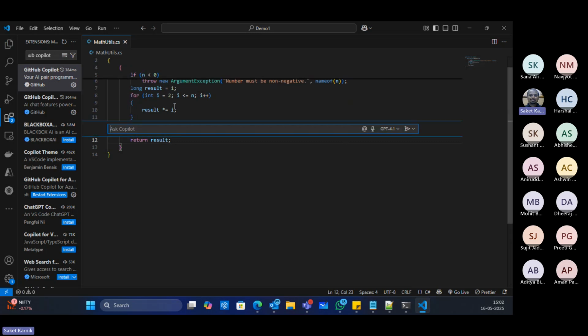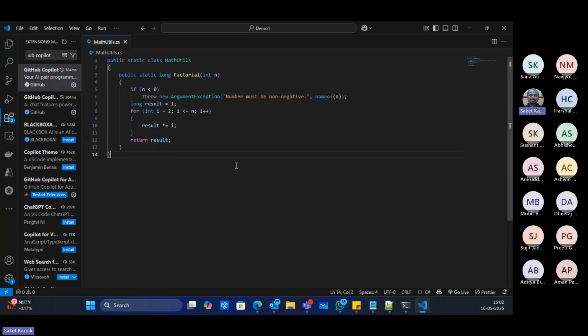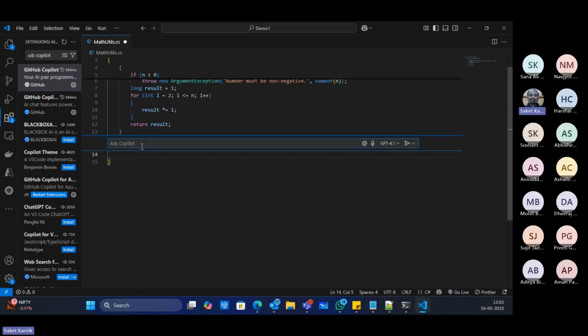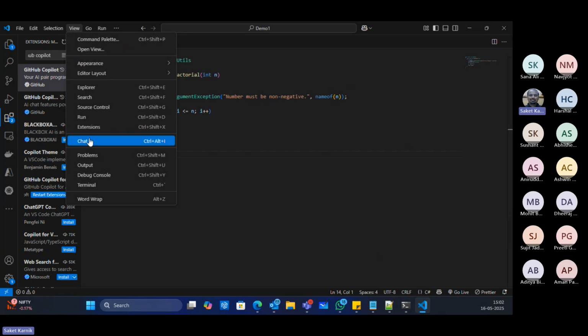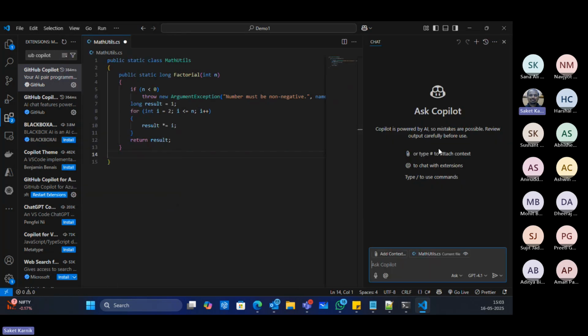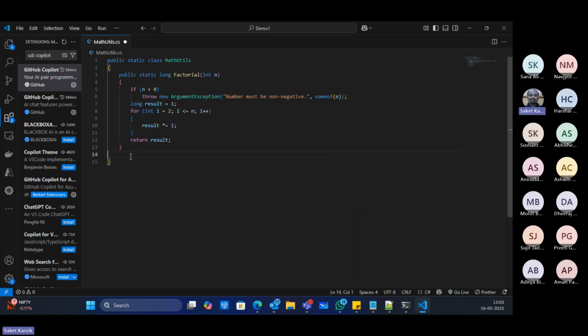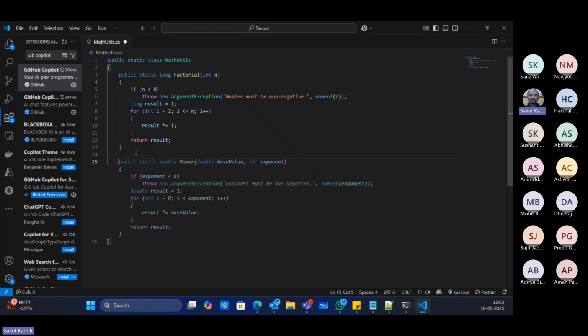How do I bring that in? Again, I press Control I. Anytime, anywhere, I can press the Control I combination and the Copilot chat is back. Or else you can actually take it from here also. This will give a dedicated chat window. So let's say here only I go for Control I. In fact, it has already suggested that you might need a function by the name power.